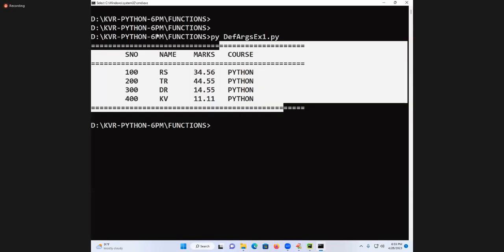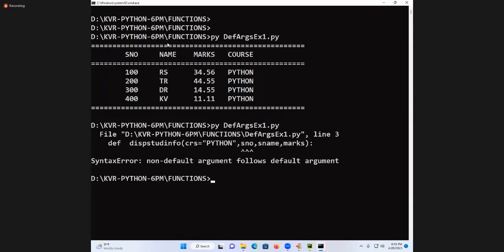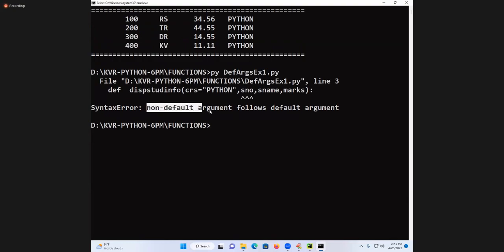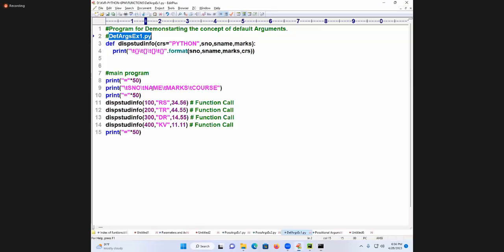Error is coming. Carefully follow. Come on, read it out. Non-default argument follows default argument. And first, what do you have to write? Non-default, non-default means positional. That indicates first I should write positional, last I should write default.